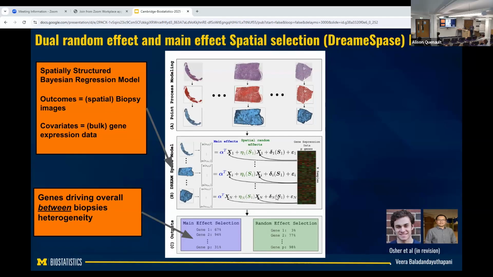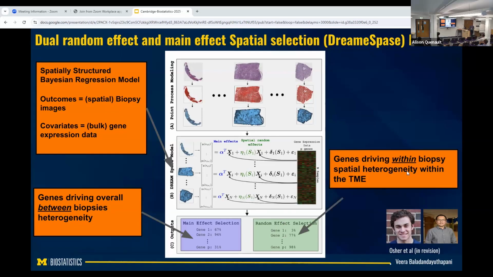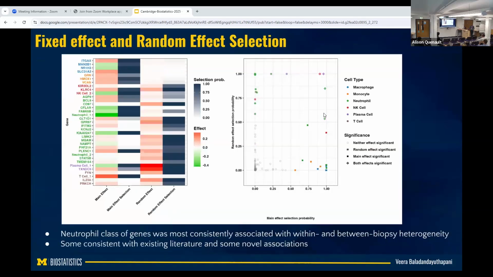But the essential idea is that each of them has their own spatial process, and then you can do a selection of this, because we're still doing population level analysis across biopsies. That tells you the genes that might be driving the within biopsy variation, because it's a spatial random effect, and actually a covariate dependent spatial random effect. Then you can determine genes which are driving this. And as it turns out, the top ones that come up are the neutrophil class of genes. That's what was explaining most of the tumor immune infiltration, and hence the positive effects on hazard. That's what we found out.